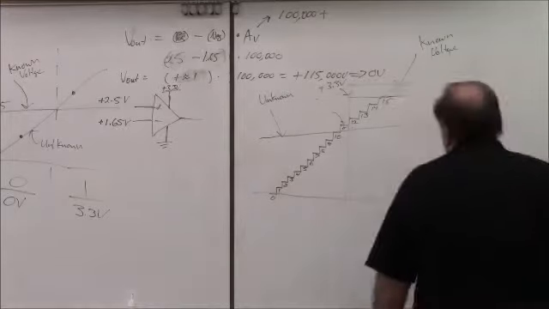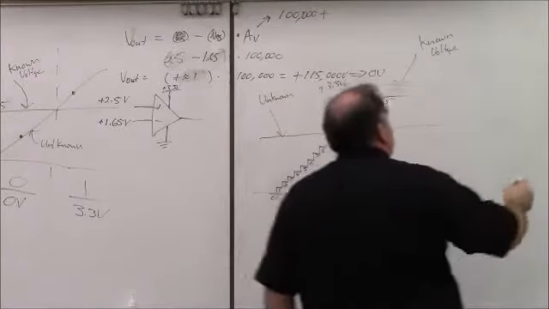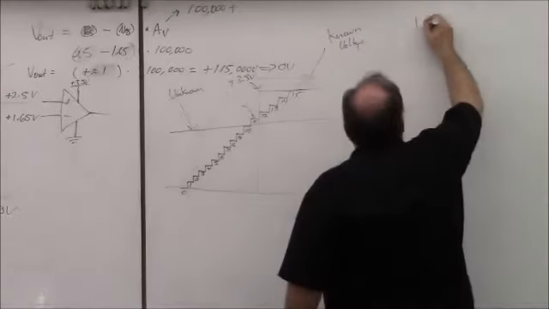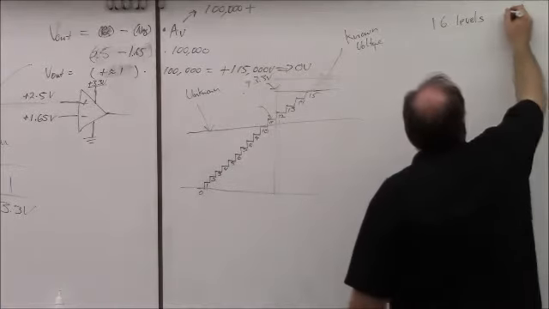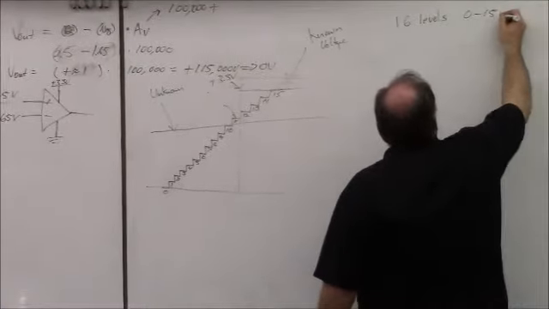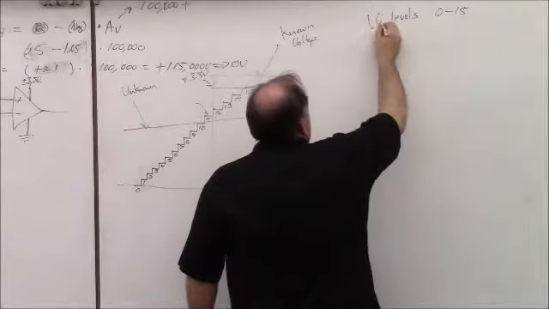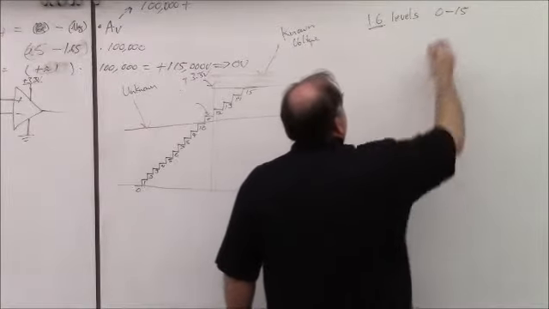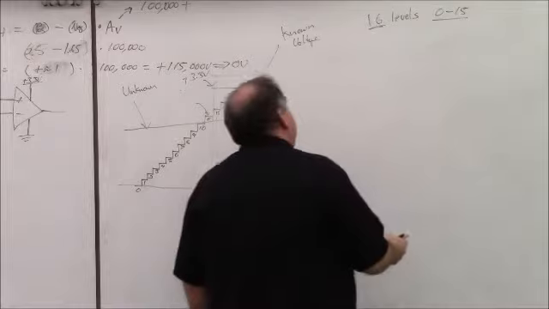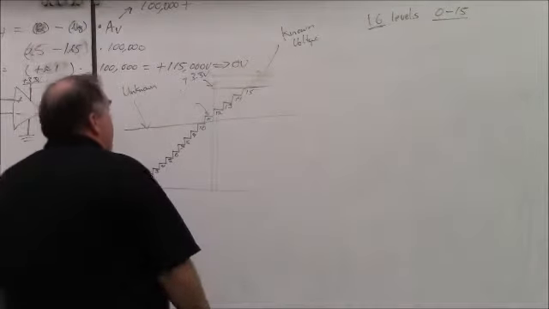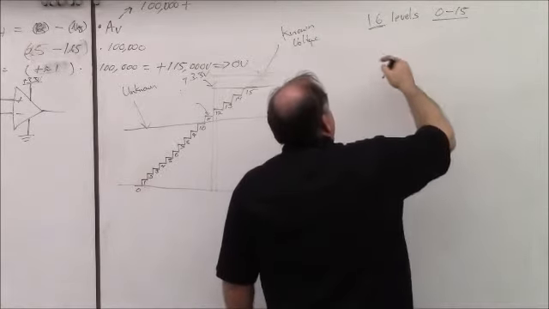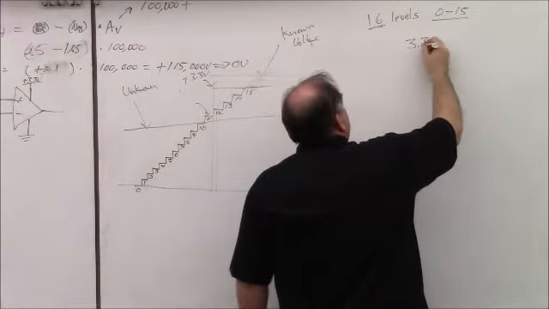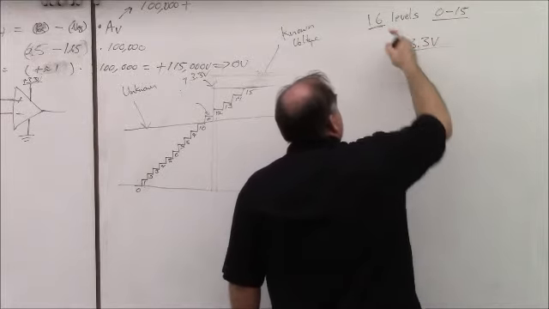So we said we had 16 levels. So we have 16 levels, and they went from 0 to 15. This should look very familiar, right? So we have 16 unique values, and the range is 0 to 15. And so if we divided 3.3 volts by 16 levels,